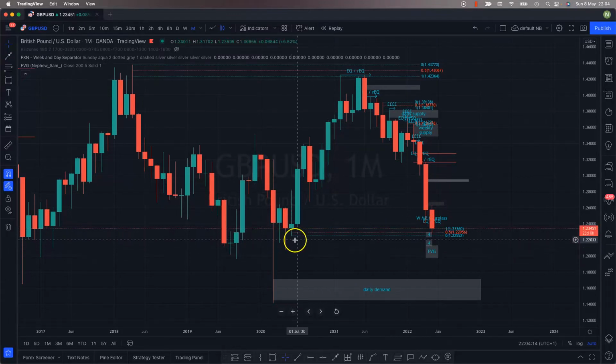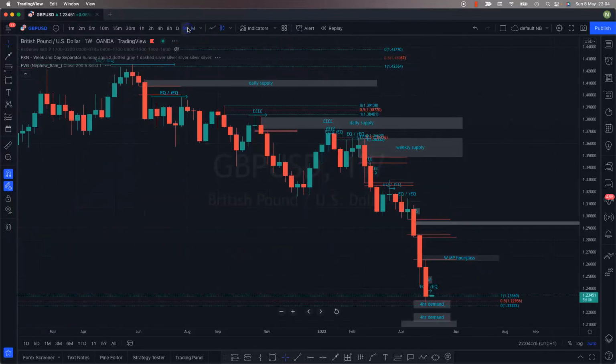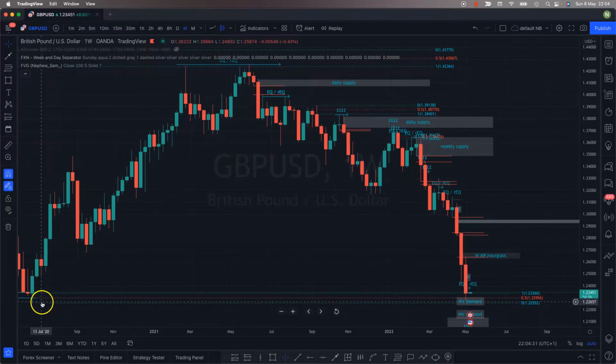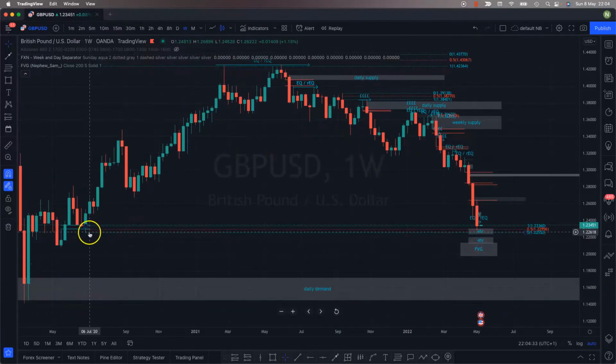So this area of liquidity down here is quite interesting for us to watch to see whether we get a reversal out of it. And the reversal could be to target areas of liquidity that we have left up above price at the moment. So as we flip down to the weekly chart, we can see how it's now tapped into areas of demand. There's a 4-hour area of demand back here, which the market has tapped into.